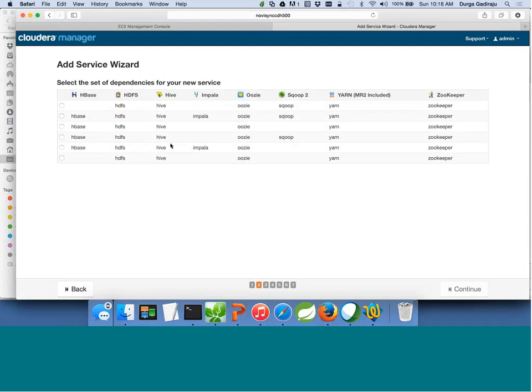If you see, for all the different combinations of services, there are five mandatory ones: HDFS, Hive, Oozie, Yarn, and Zookeeper. Impala, Sqoop, and HBase are not mandatory, but the rest are mandatory. If you do not configure them, it will start showing it as an issue. In this case, we will be configuring it for everything. So click on the second one, which includes everything: HBase, HDFS, Hive, Impala, Oozie, Sqoop, Yarn, and Zookeeper, and hit